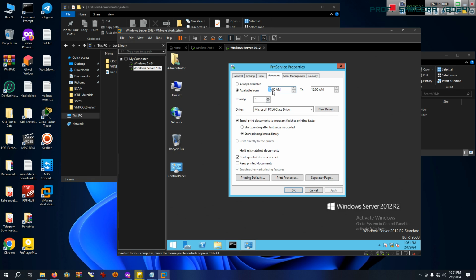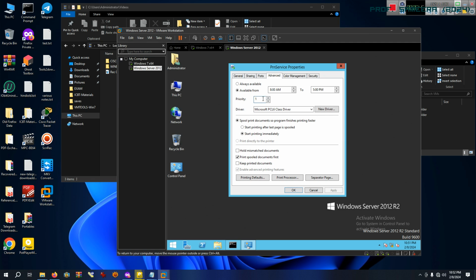Here, as it is a Sri Lankan context, I'll select 8 a.m. and then 5 p.m. So during this time, anyone listed in the printer section can print via this particular printer. And the priority, right, priority means